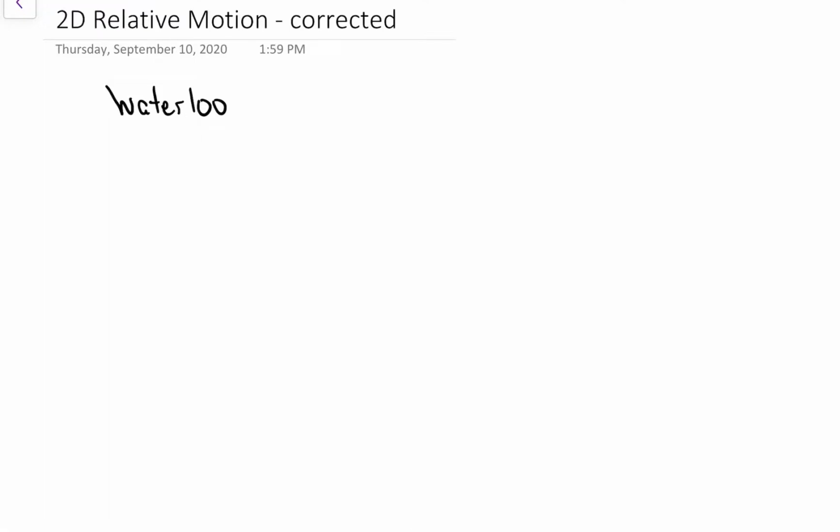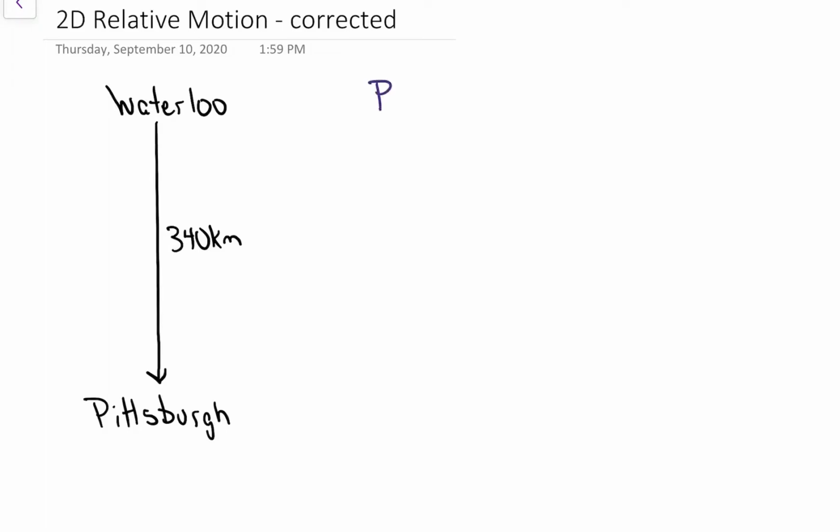If you were to go almost exactly straight south of Waterloo, there's a town called Pittsburgh. You can double check on Google Maps, but Pittsburgh is pretty much exactly 340 kilometers south of where Waterloo is. Let's say I want to fly from Waterloo to Pittsburgh, and I have a plane. And let's say that the plane's velocity relative to air